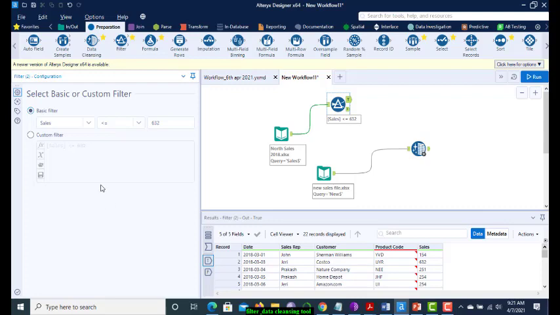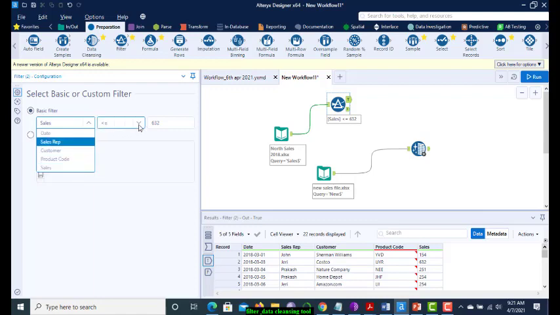We have a total of five columns in our data set, and here you get the list: date, sales representative, customer, product code and sales. The date column is a date type, sales representative, customer and product code are string types, and sales is a numerical type.